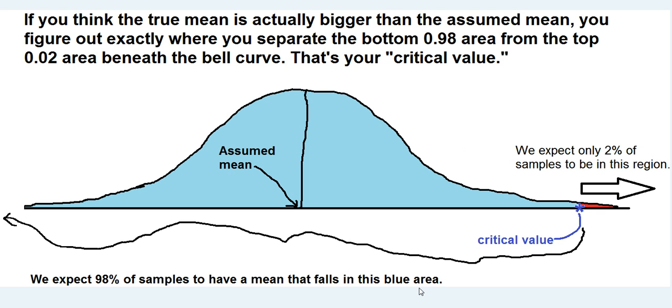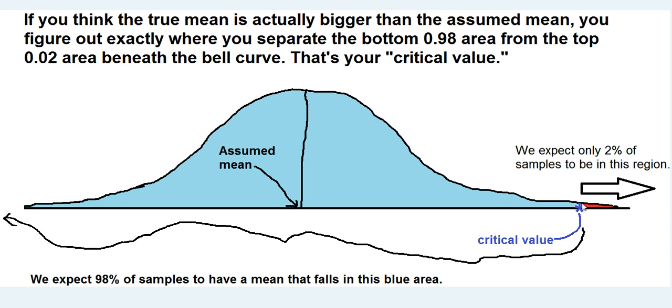This is the original way that people thought about testing a mean. First, you would decide on a percent. Once you decide on a percent, you calculate this critical value, this tipping point. This tipping point is where you say anything beyond this critical value is a little too coincidental to just happen. If I get a sample and I calculate the mean, and my mean falls way over here where the red is,